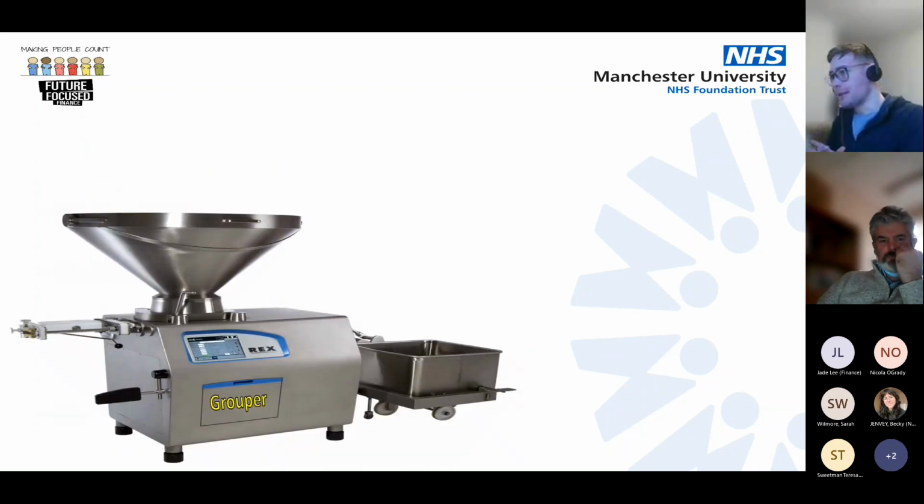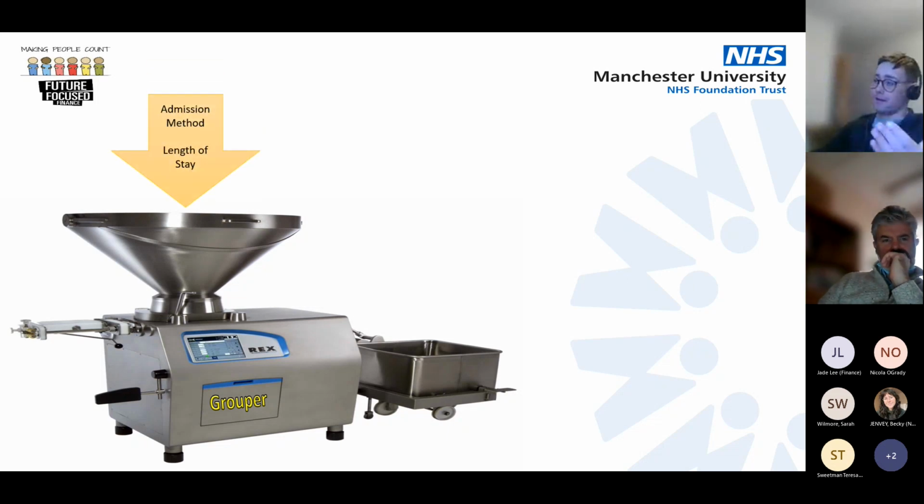So this is my friend Rex, and this is a representation of the HRG grouper and how HRGs are made. The grouping logic is actually really complex. It's a fantastic computer program, but the simplicity behind it is that it's a sausage machine. Information comes in and HRGs come out. So it starts with the admission method and length of stay. Length of stay is important because it's got trim points. So each HRG has an